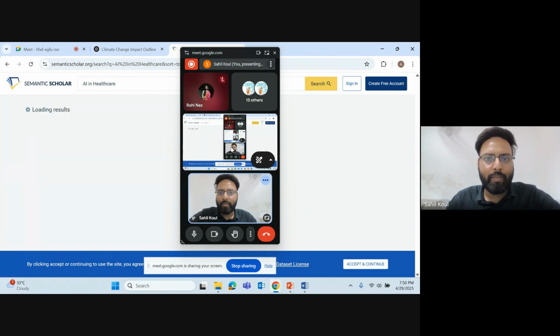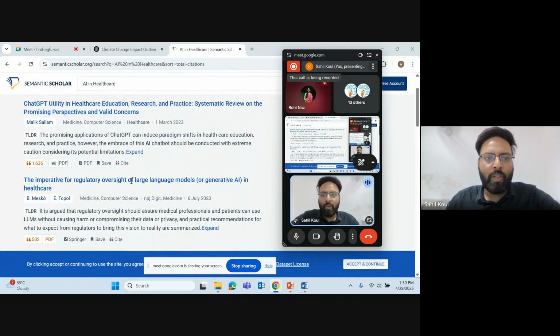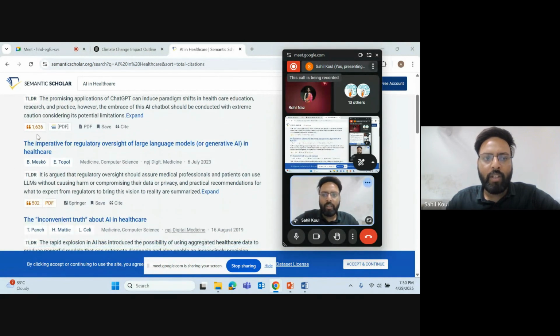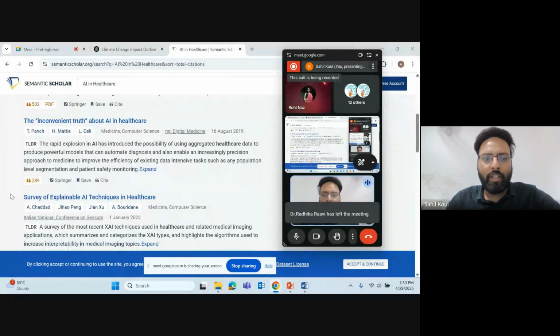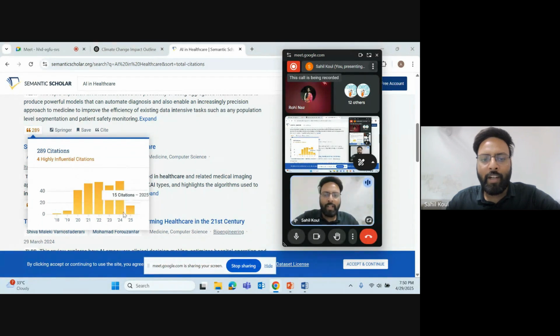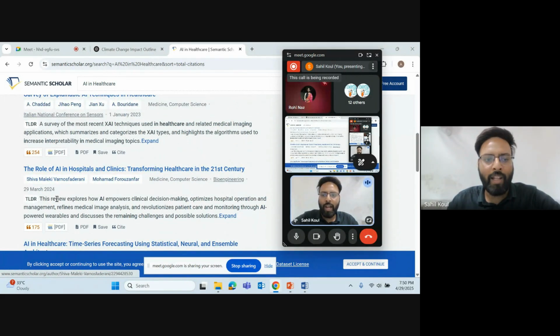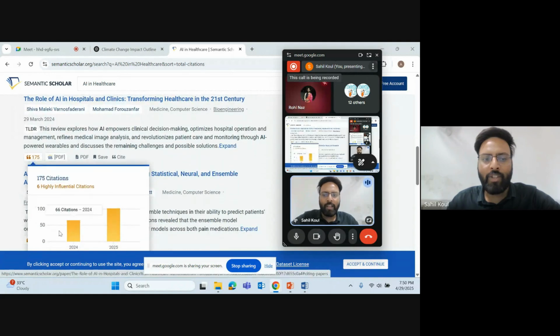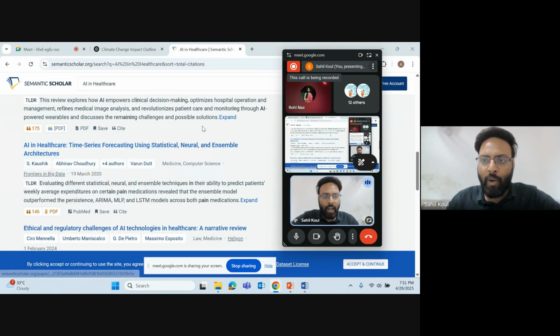Citation count. Now, the more the citation count, this paper has got around 1636 citations. This is 502. This is 289. And you can see in the form of maps here that in which year it has got how many citations. This is the benefit that this tool adds. See, these many citations, and in 2 years, the paper is there.